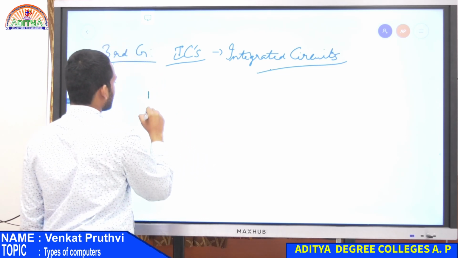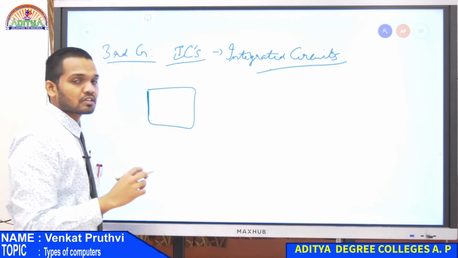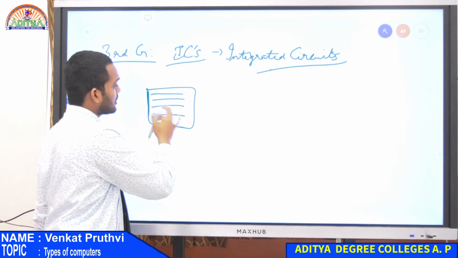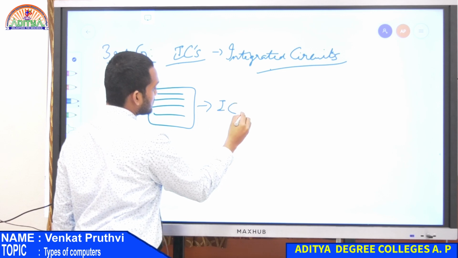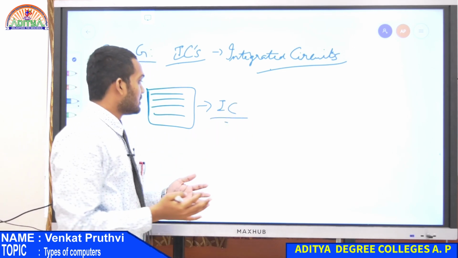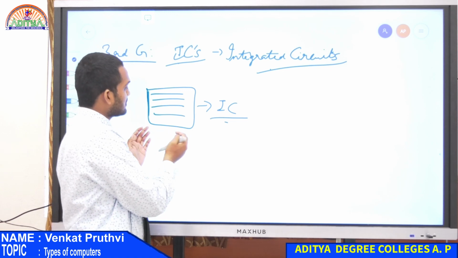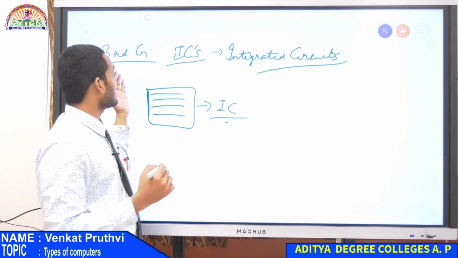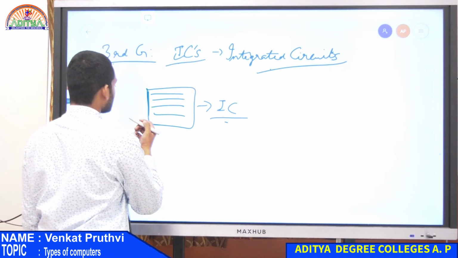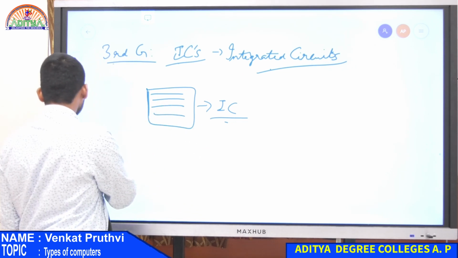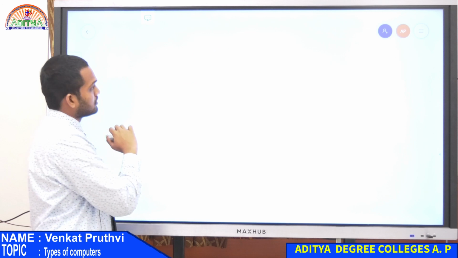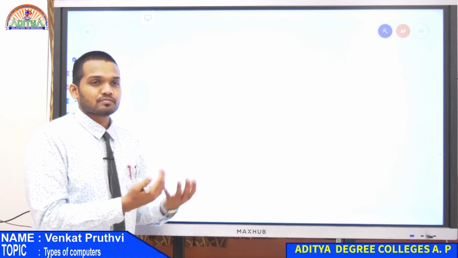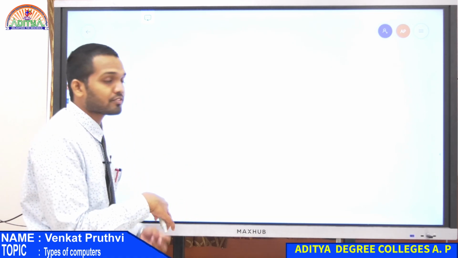They were the most miniature that we could make. We had boards of this size in which the circuits were totally integrated. This is the chip I am talking about. This is an IC. It was designed in such a way that it was brought into a very small design. That is all because of the ICs. In the third generation, we started using ICs, and based on that we could enter the starting era of the technology of today's world.